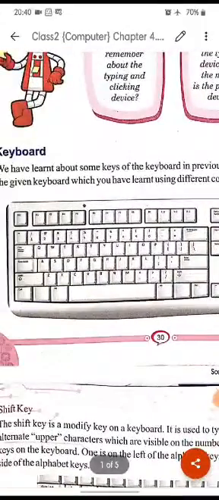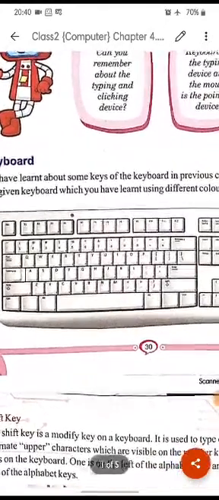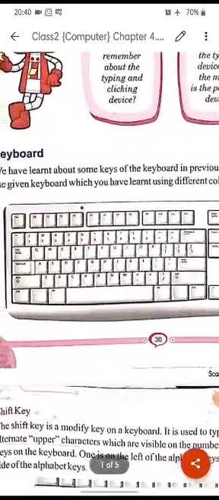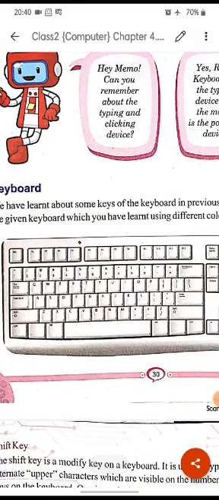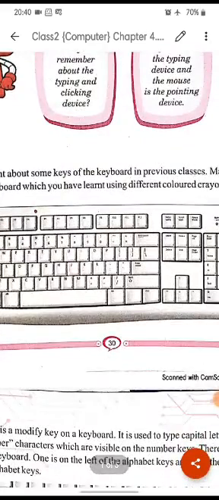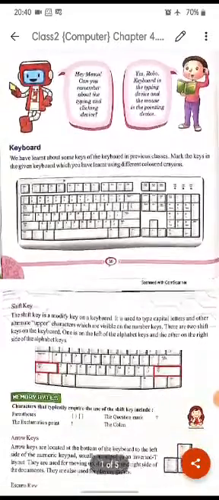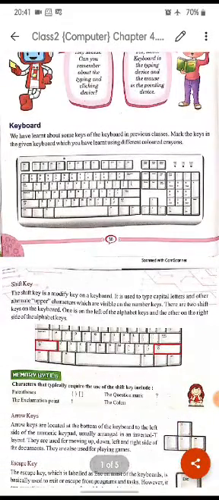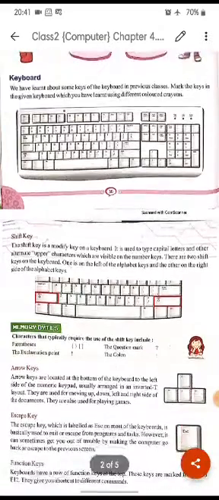Like all the alphabet keys with the same color of crayon, and all the numeral keys with the same color of crayon, and all the function keys with the same. Okay, and this is your homework.